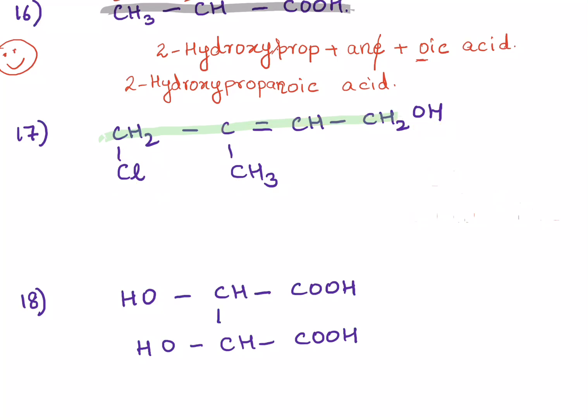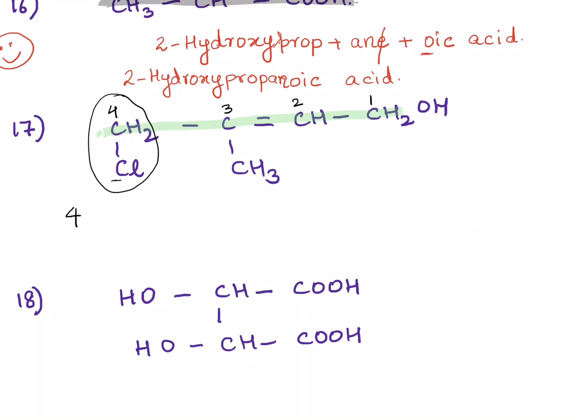Now comes the task of numbering the carbon atoms. Obviously my OH gets preference, 1, 2, 3 and 4, right? So what's the prefix here? At the fourth position, we've got chlorine. Did you number the C over here? No, that's not right because it's part of the chlorine. It's not carbon. If it was carbon, then we'd give it a number, not just because it contains a C. That C is there because it's a chlorine atom. So 4-chloro.